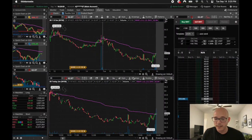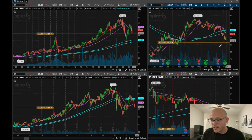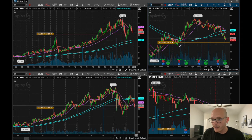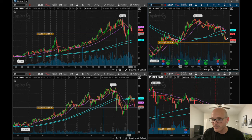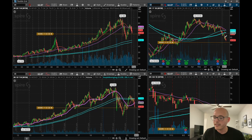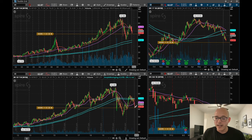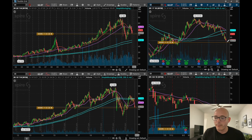If we go back to the technical over here, you can see here, this is what it did today. Again, here's the support around $60. I'm hoping tomorrow is another down day, and that's where I'm gonna get in because it's extended down. So I'm expecting a bounce in the $60 area. And even if I don't get a bounce and I buy around 61 or so and it goes lower, I'm